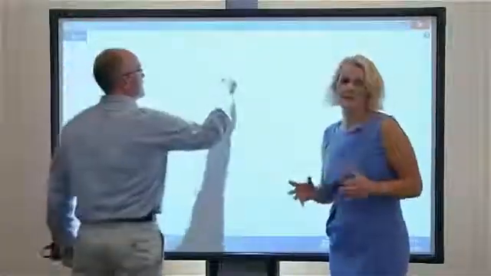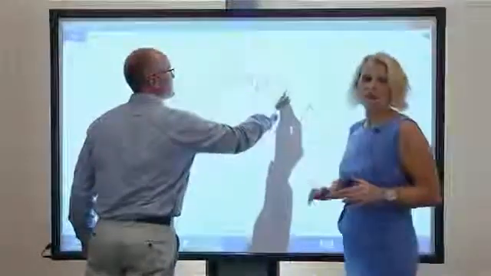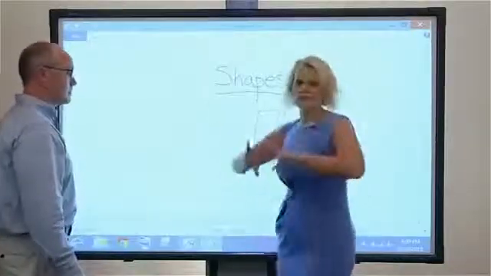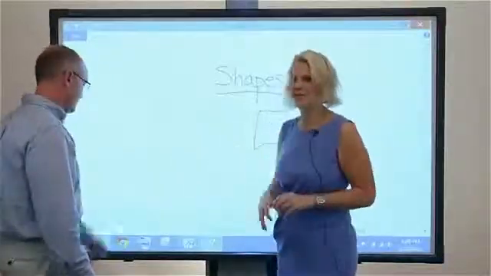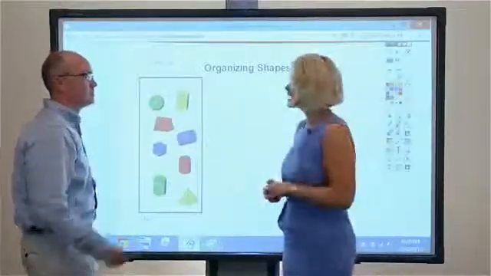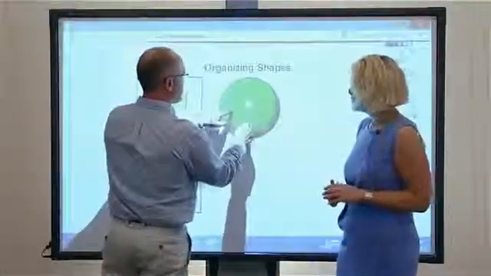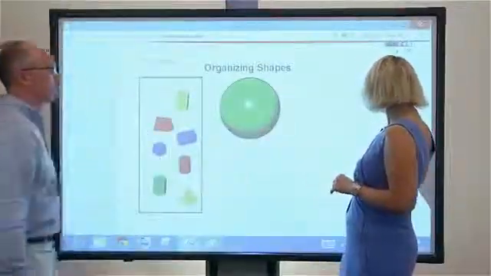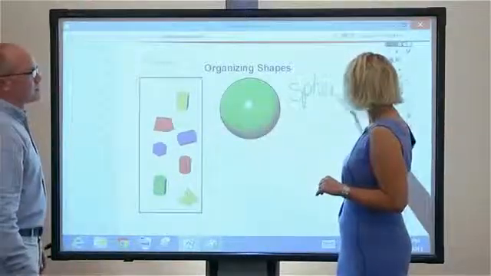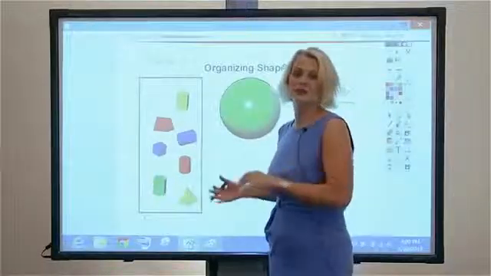So perhaps this is at the beginning of a lesson on shapes, and we're revising 2D shapes before we go on with our lesson. And perhaps we're just going to do a thought shower of all the different shapes and then move into ActivInspire to start our lesson with 3D shapes. So I'm going to ask Preston to pass me a 3D shape, and then I'm going to switch the stylus over so that I can write just like the teacher might do,